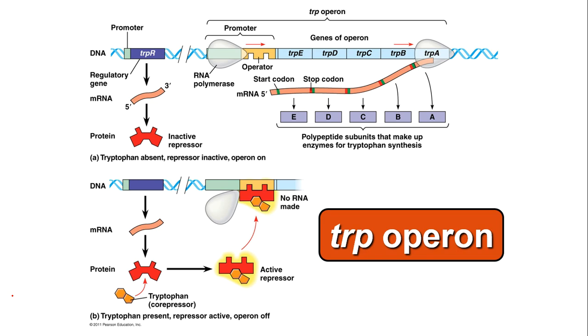Okay, and that's for tryptophan. So basically, we have an operon. It's made up of lots of genes again. We have E, D, C, B, A. And we're going to make proteins E, D, C, B, A when we express those. So they're just going to go and go and go. This is RNA polymerase, and it's just going to go and go and make our mRNA